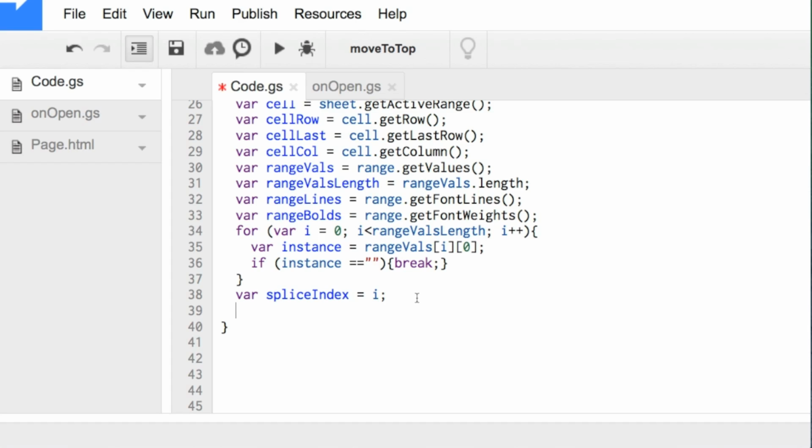So what we're going to want to do for that is create a for loop that goes one by one through each one of those. First, we're going to want to load these three, range vals, range lines, and range bolds, into its own array. So we'll go variable, what shall we call it? We'll call it range info array